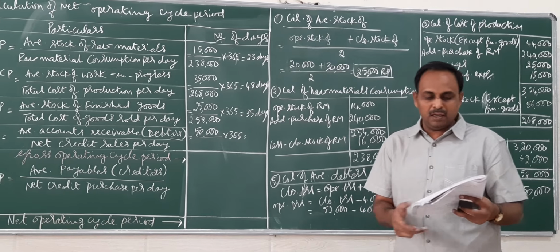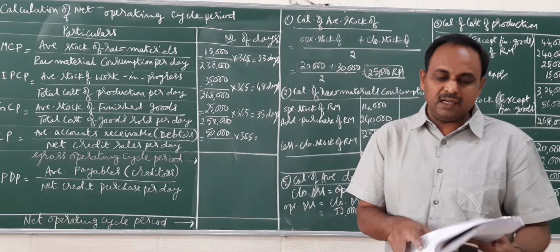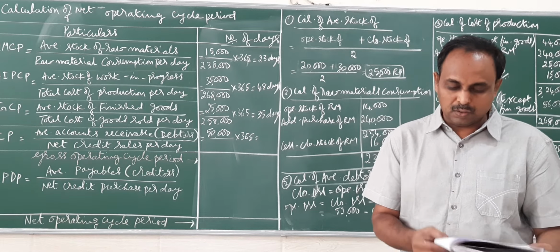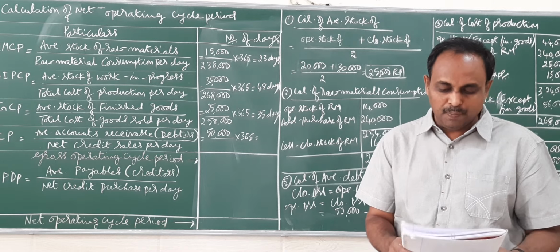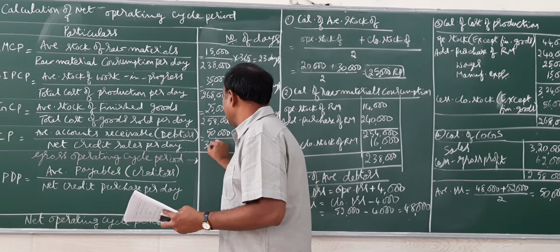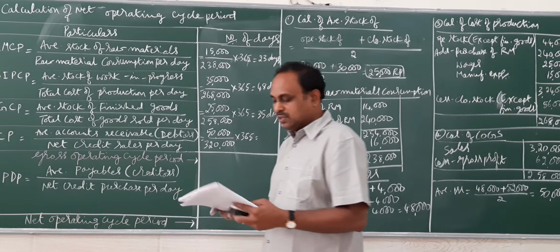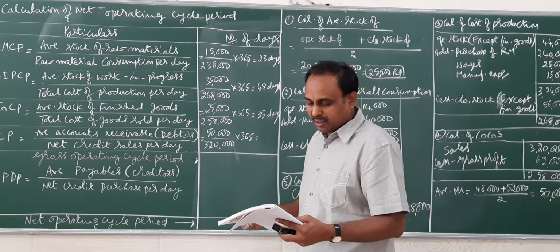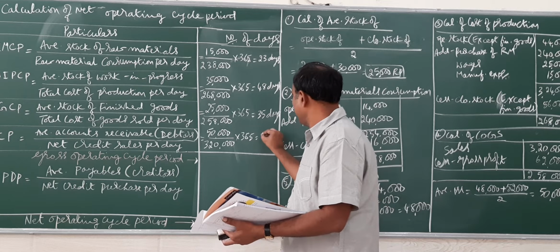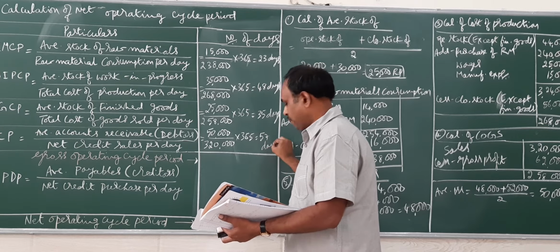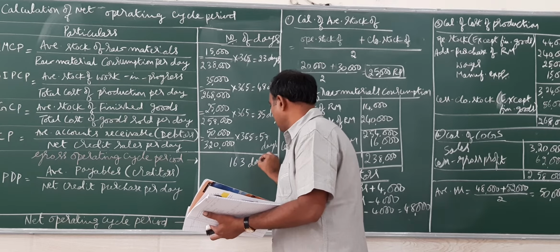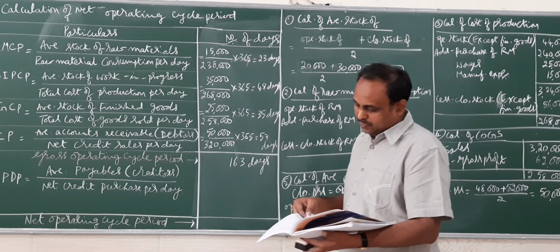Then we have to find the sales. The entire sales will be taken here as sales therein. So 3,20,000 is the sales value. That is given in the problem. So let me take the entire sales as the credit sales, because nothing is stated in the problem given therein. So that will give me the value of 57 days. So if I add all the current assets, 163 days you are going to get.